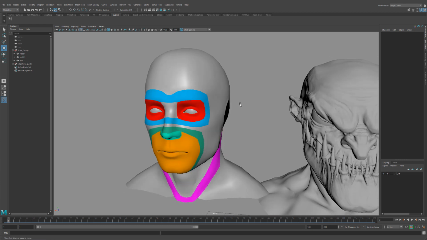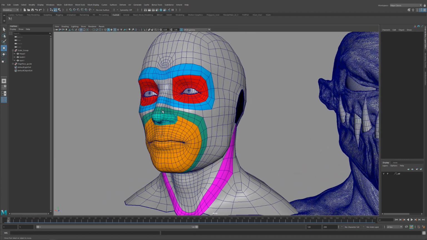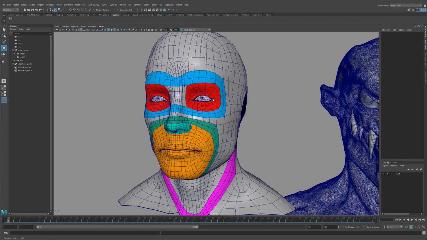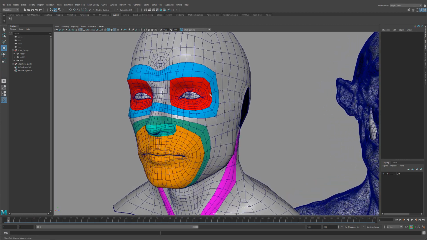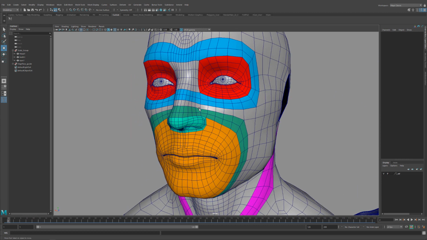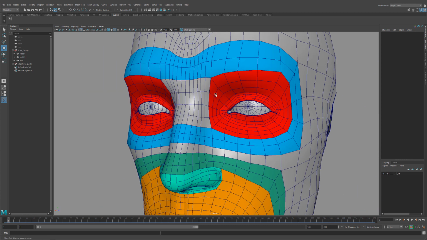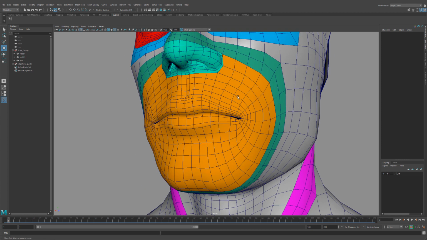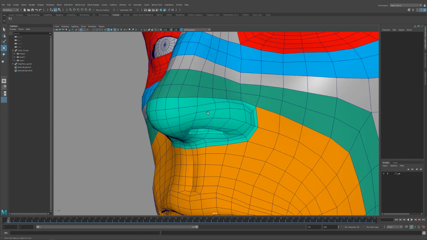But the reason I'm showing you this is because when you first start 3D modeling, especially characters, some of these patterns might seem a little bit confusing. You might not understand the rhyme and reason, but there is a rhyme and reason. And that's really just, these are optimized for deformations, right? So things like the eyes, these are things that are going to be opening and closing, and you want that resolution to be there once these things are being pushed and stretched, right? Same thing with the mouth. You see that we'll have a radial setup here,